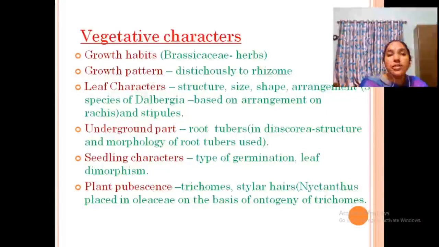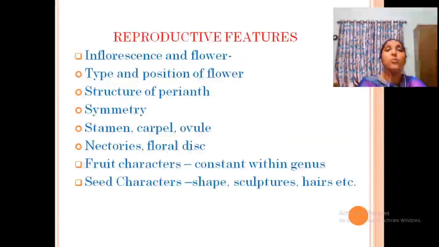Then pubescence structures like hairs on the surface, trichomes and stylar hairs are all considered. One example is Nyctanthes, which was first placed in Oleaceae mainly on the basis of the structure of trichomes. So that is also very, very important. Clear? Okay. Now, reproductive features: inflorescence and flowers, types and position of flower, structure of perianth, symmetry, stamen, carpel, ovule,